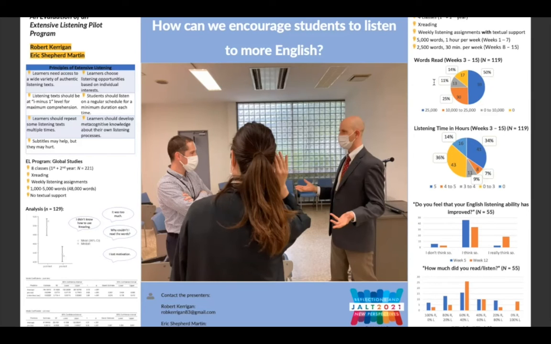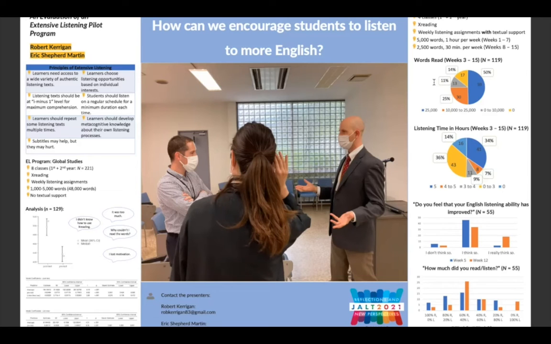From week 5 onward, I also gave a qualitative weekly questionnaire. This was done through Google Forms, and it included 5 questions. Number 1, how did you feel about extensive listening this week, from it was really not fun to it was really fun. 2, how fast was your listening pace, whether they slowed down the recording or sped it up. 3, what amount did you read and what amount did you listen, from 0% listening, 100% reading, up to 100% listening, 0% reading.